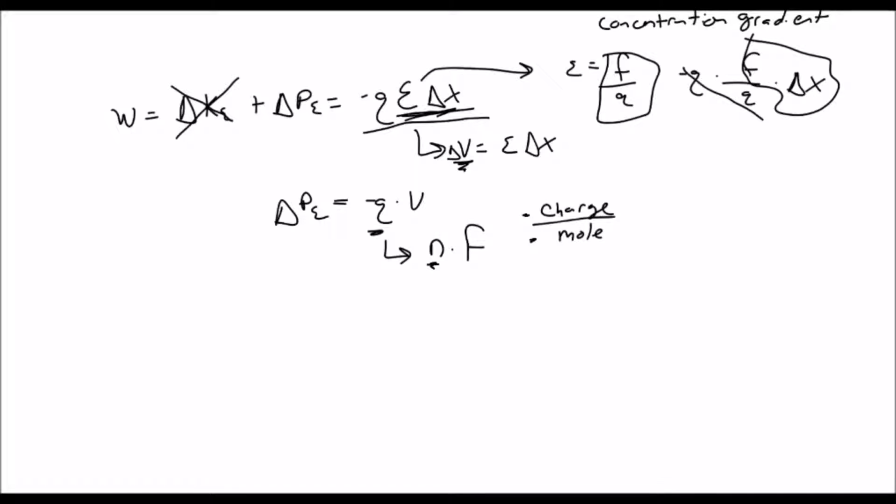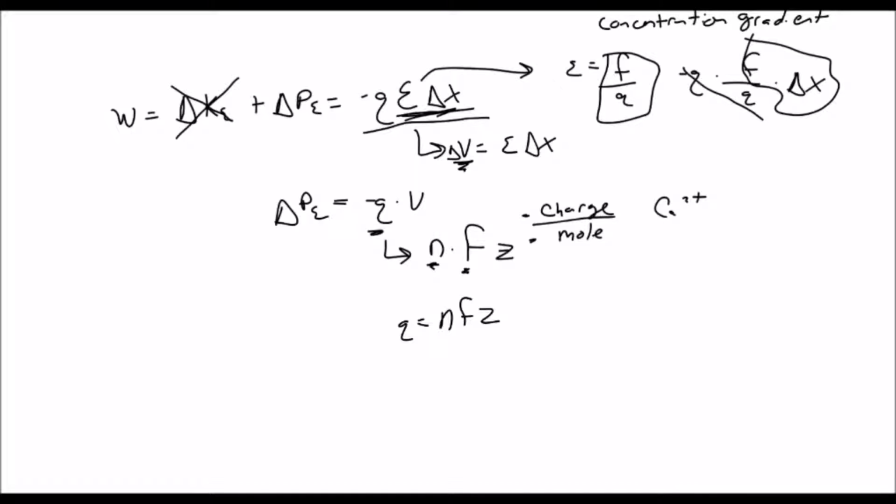So the mole of potassium times Faraday's constant. But you have to remember we have some ions that have more than a +1 charge. For example, calcium has a 2+ charge, so we need to multiply this number by Z, Z being the charge per ion. So we get that Q is equal to